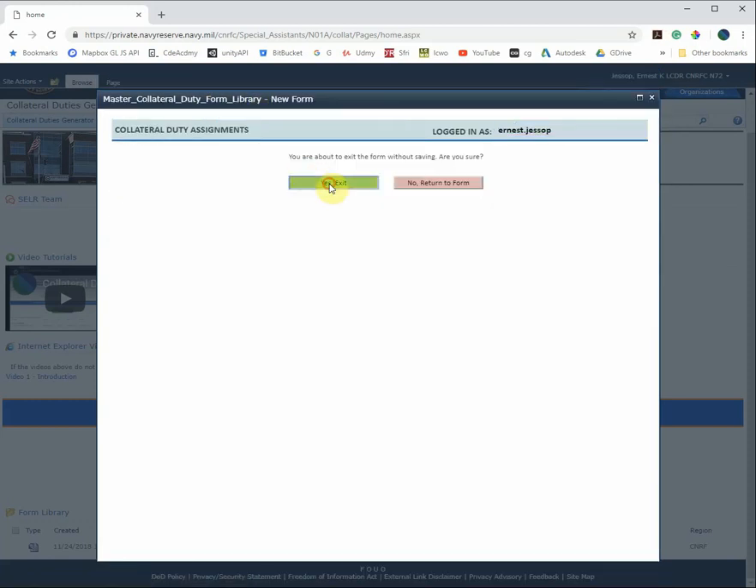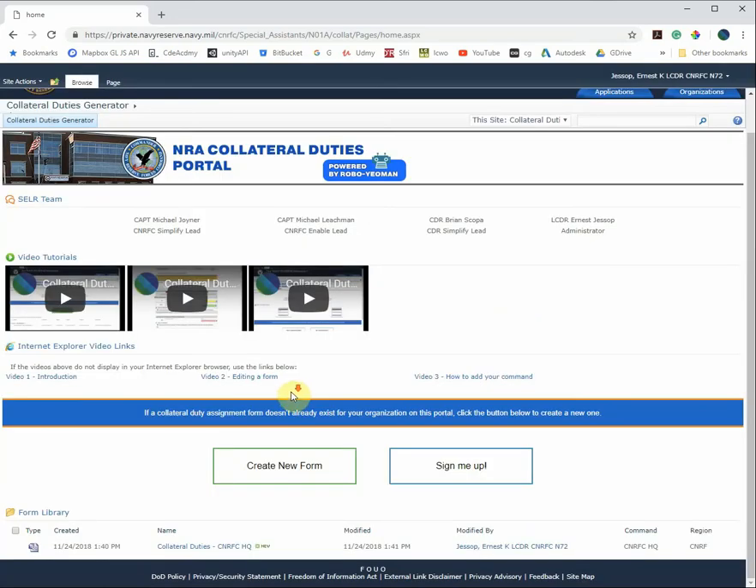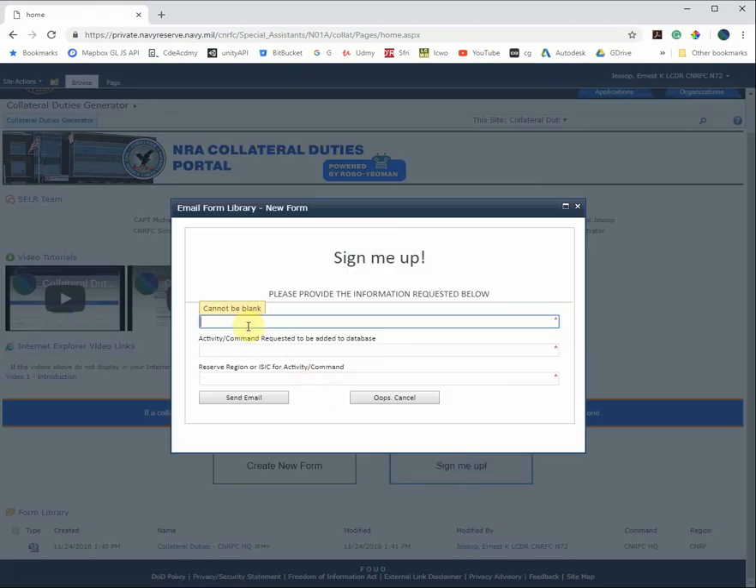Now I'll just exit, return to the portal, and if you're using the drop down and you can't locate your command, simply click on the Sign Me Up button and provide your email address, your activity or command that you're requesting to be added to the database, and then your ISIC. That will send an email to me, and I'll make sure that I screen it and get your command